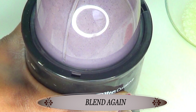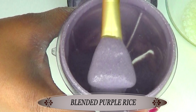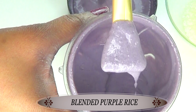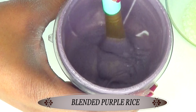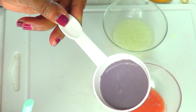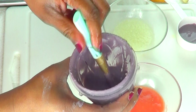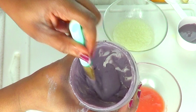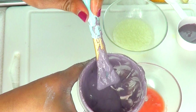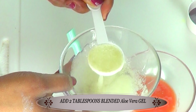Now after blending, take a look. Here you have your purple rice cream, and you can choose to use this to make several other types of DIY. So let's put all the ingredients together. I'm going to use about a 1/3 cup of purple rice. Next, I'm going to reach back for the aloe vera gel, and I'm going to be using 2 tablespoons of the aloe vera gel,